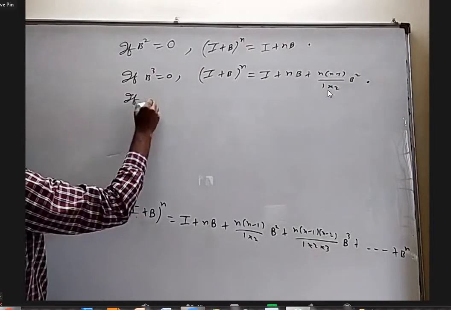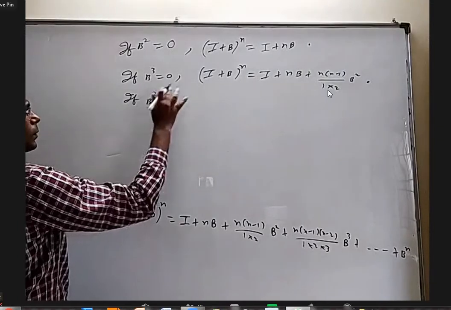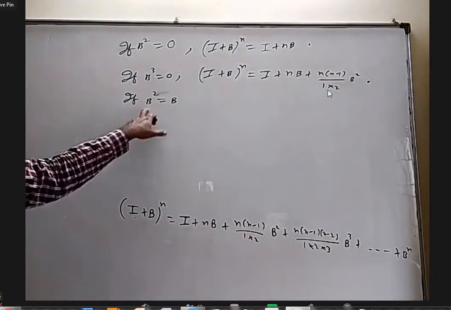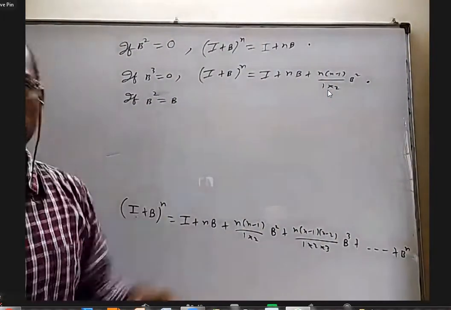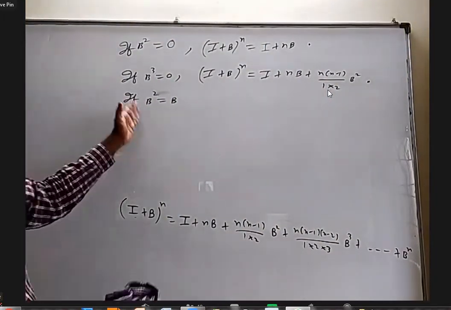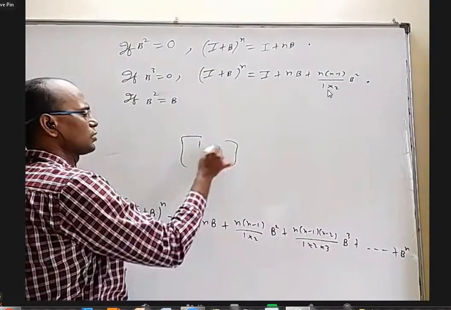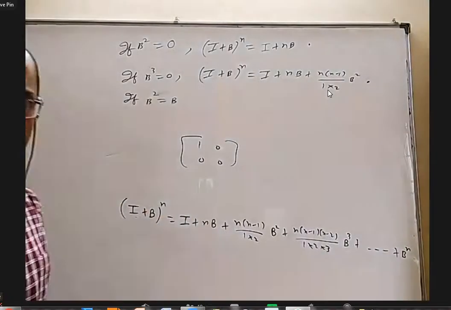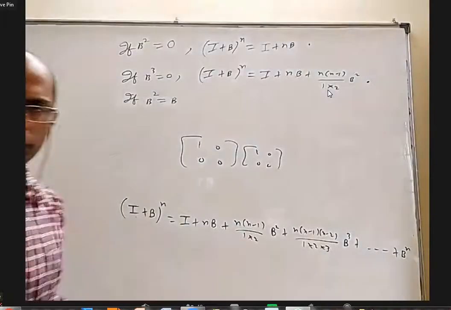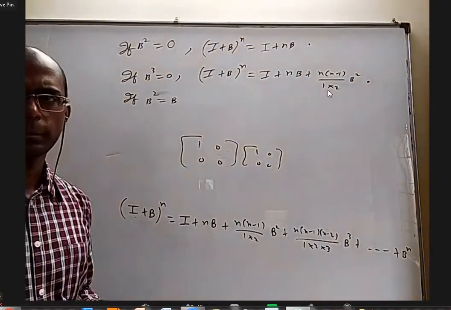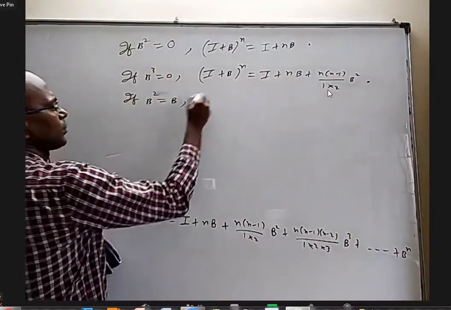If B square equal to B. Okay, one should not think if B square equal to B means B must be identity matrix or B must be null matrix. No, you can easily write lot of examples where the square will come same matrix itself. Okay, as simple as if I take 1 0 0, what is the square of that? Same matrix, na? Yes. Okay.